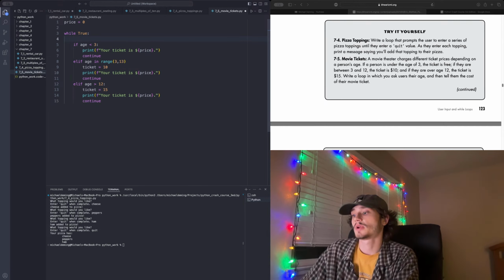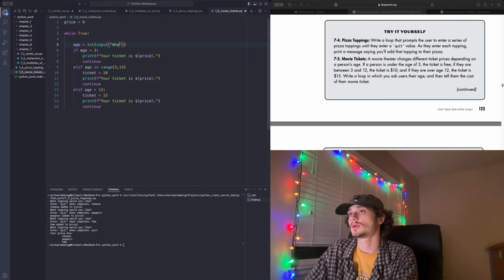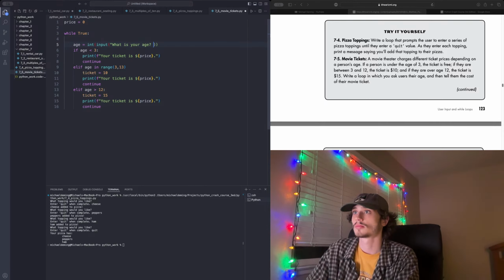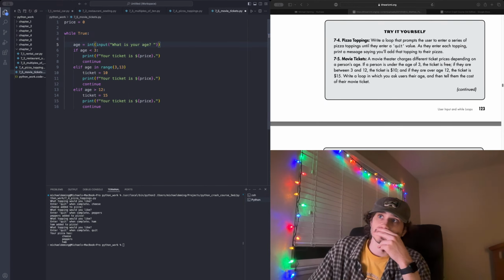While true, so we want to get an input. Age is equal to input. We need to convert it to an integer. Age is equal to input, so what is your age? Okay. So if the age